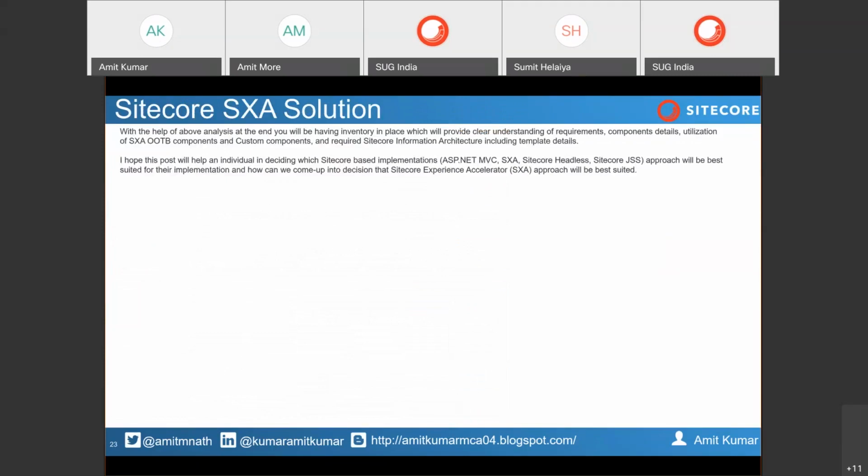Here I have not introduced the Creative Exchange, because that is altogether a separate application. How to start with the UI part of that is also a big item. I have just explained how to identify which is the best implementation fit for your application, as well as how to create the inventory list for your application, so that you can identify whether it's the best fit or not, and how to create a page design or a partial design on a reusability basis, and how to create a template. So that's it from my side for this session.